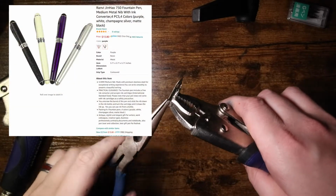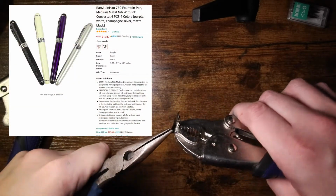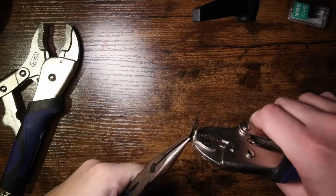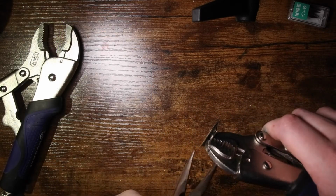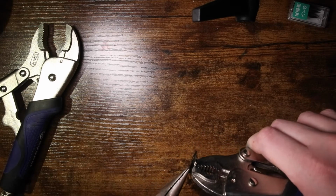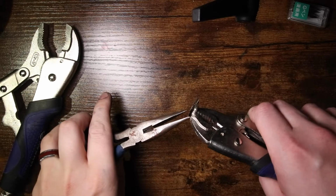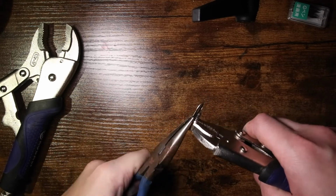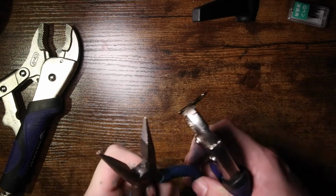They went for $13.80 on Amazon for a pack of 4, which is ridiculously cheap, under $5 a fountain pen. I think I bought the Pilot Varsity, the disposable fountain pen, for more than this. So these are a great price. They write great. They have a wet nib on them, and buying them for that cheap, I really didn't mind